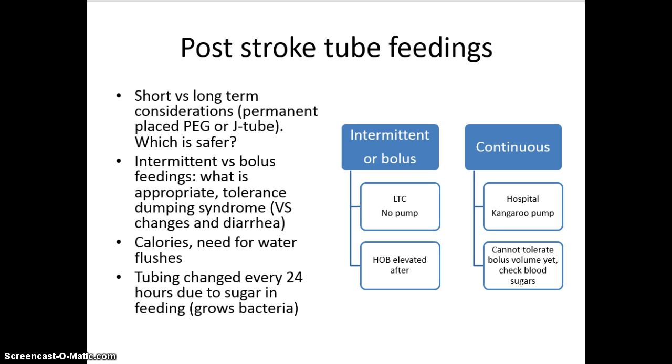We have it on a kangaroo pump. We run it at the 40 or 50 milliliters per hour continuously because they tolerate it better. When you get to the long-term care and they have been getting the intermittent in the hospital, but now that we are transitioning them to a long-term care facility, the bolus, more like a meal, where when all the residents